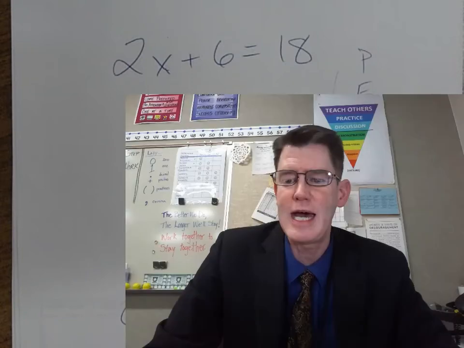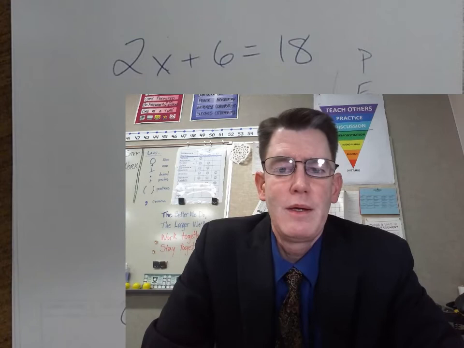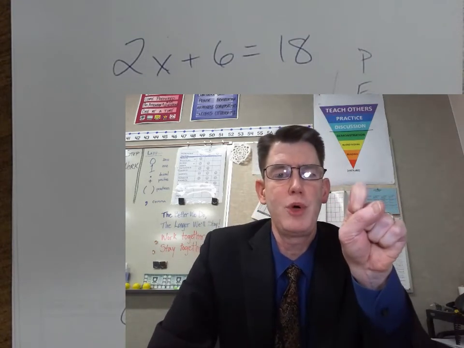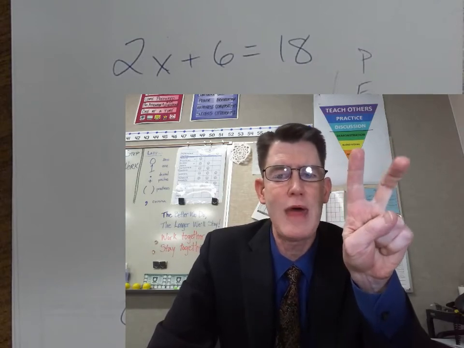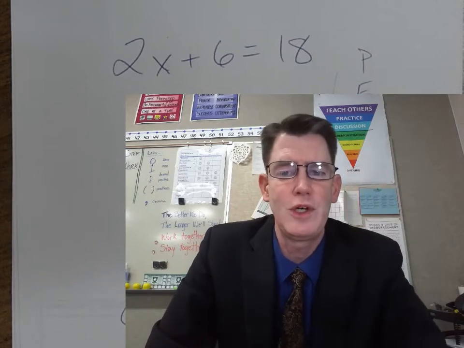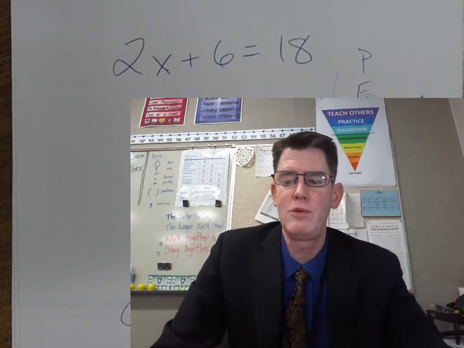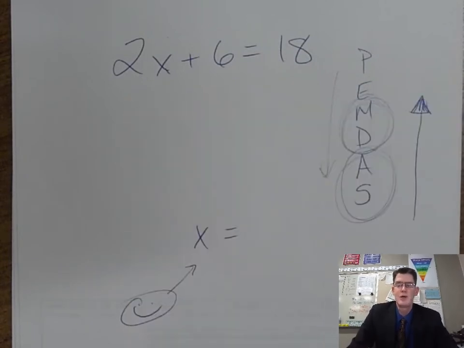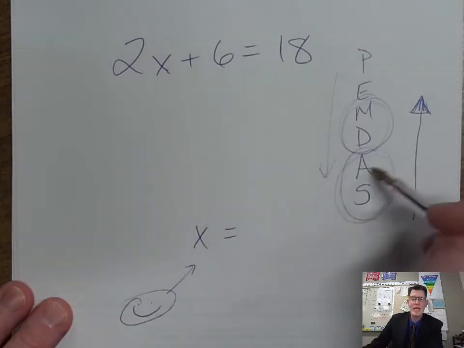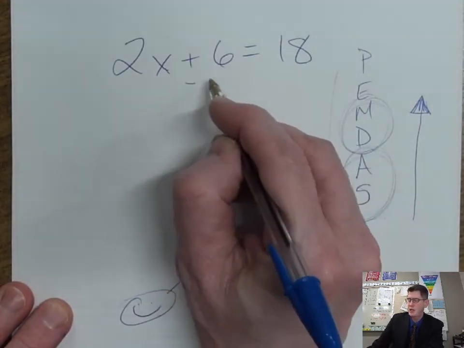Think of it like you're taking off your shoes and socks at the end of the day. To begin with, you put on your socks and then shoes, but to undo that, you have to undo the shoes first. The thing you did last, you now have to do first. You have to undo it in the opposite order from how you put them on. It's the same thing here. To get the x by itself, the first thing you undo is any add or subtract. We've got this plus 6, so we're going to undo it